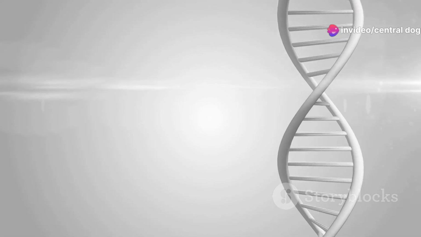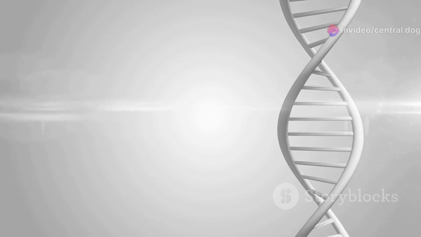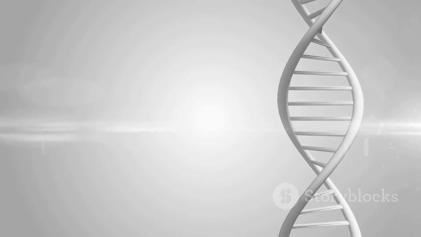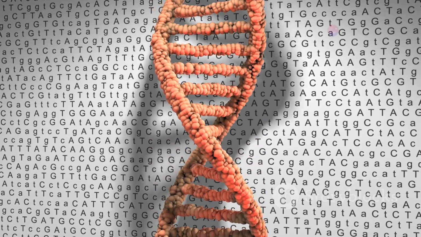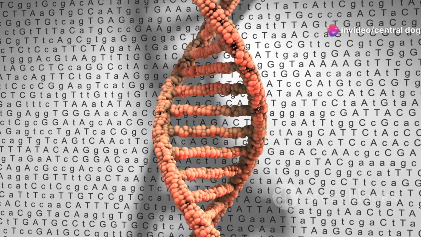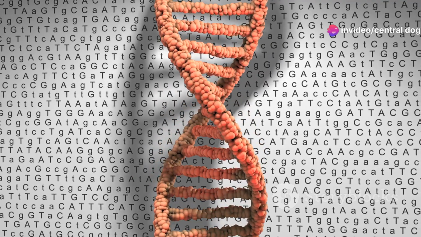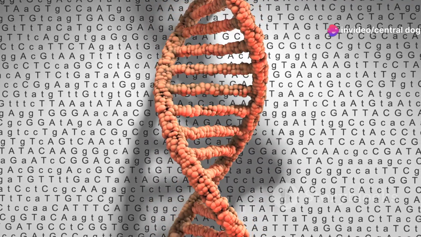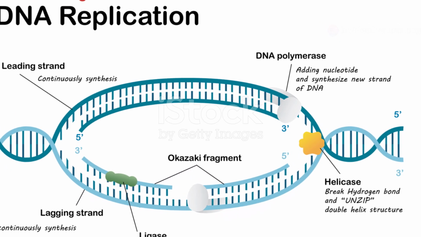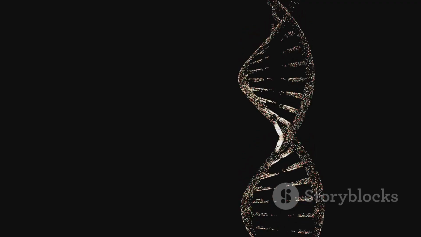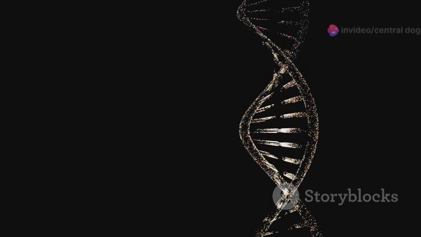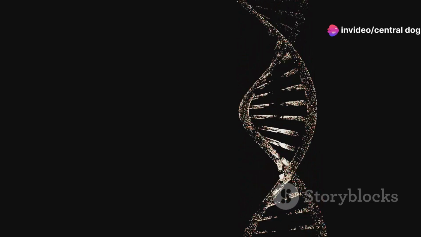As the new DNA strands are synthesized, the cells constantly check for errors or mispairing of bases. If detected, these errors are promptly corrected. This proofreading and error correction mechanism ensures genomic integrity, maintaining the accuracy of the genetic information that is passed on to the new cells. In essence, replication is a beautifully choreographed biological process that safeguards the continuity of life. It ensures that the genetic information, the life's blueprint, is faithfully duplicated.